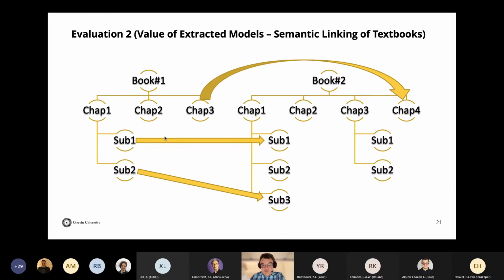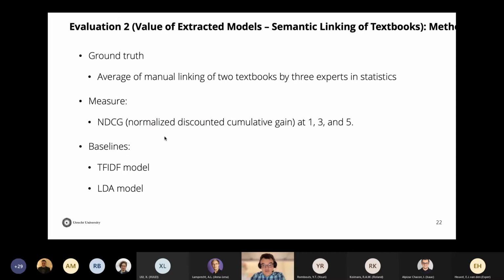And after we have done it, we compared our model versus several baselines, and the baselines were TF-IDF, term frequency, inverse document frequency, and LDA, latent Dirichlet allocation, right. And so we basically wanted to see whether or not our semantic structure models can bring some additional information to these traditional methods that are being used to represent content within textual resources. And we used the NDCG, which is a usual metric to compare different approaches on information retrieval tasks.